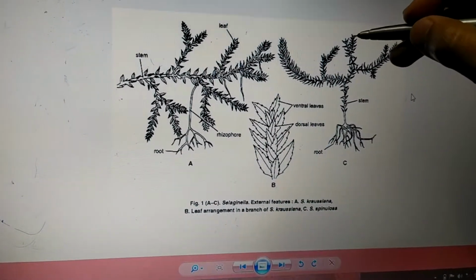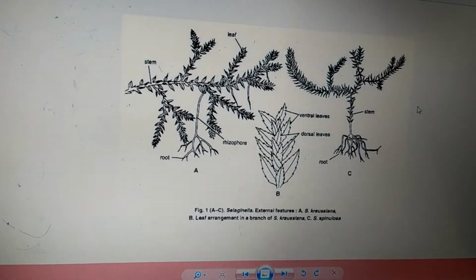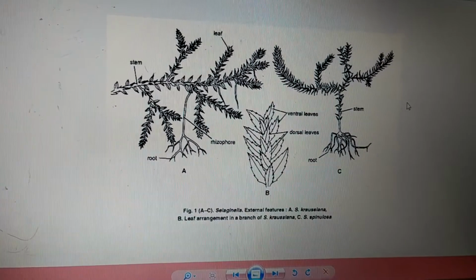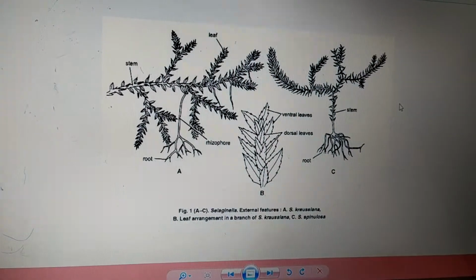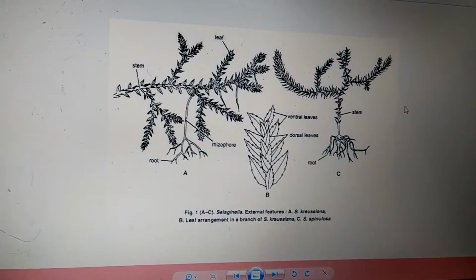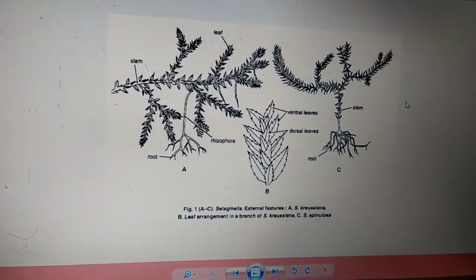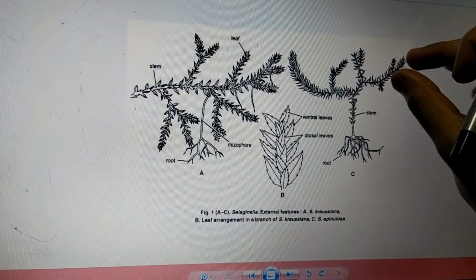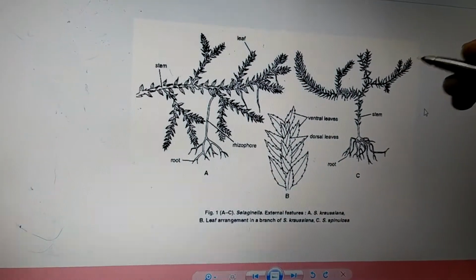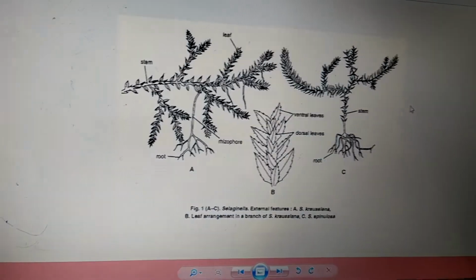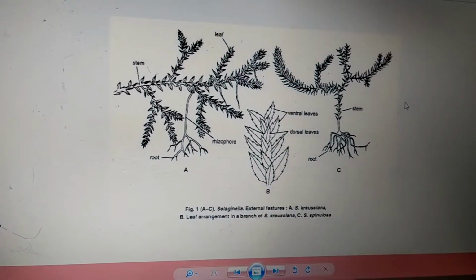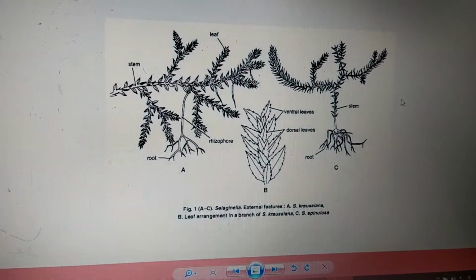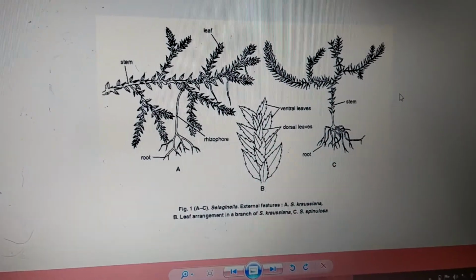At the tip there will be leaves which are going to bear the spores. Such leaves are called sporophylls. When the sporophylls are densely compact, that structure is nothing but a strobilus. At the apical region, leaves will be bearing spores. Such leaves are sporophylls. When the sporophylls are compactly arranged, such a structure is called a cone or strobili.